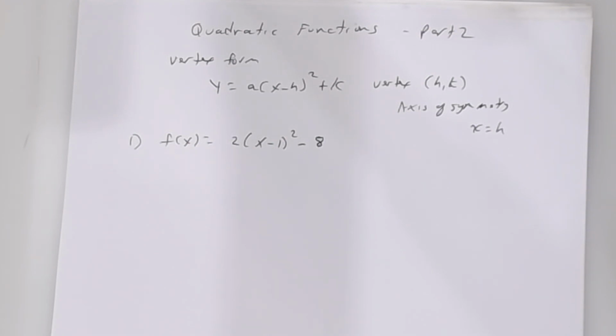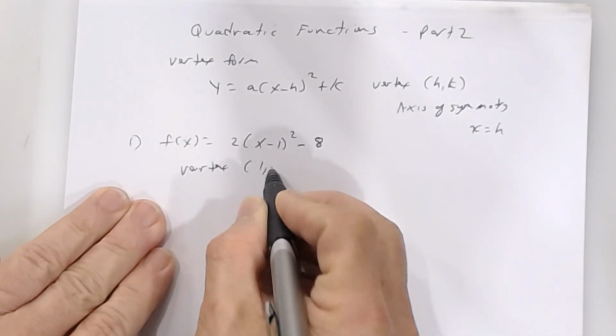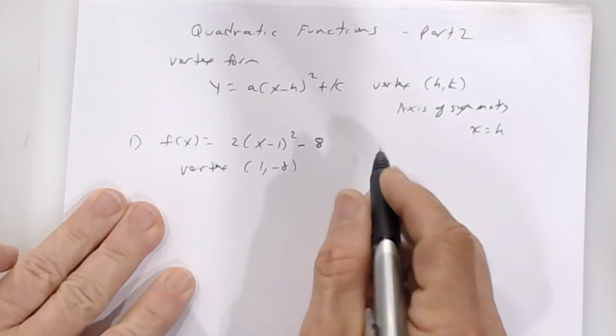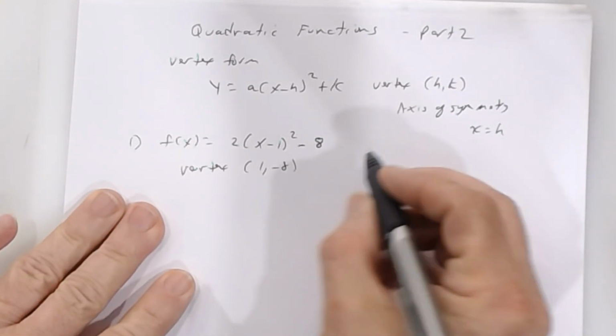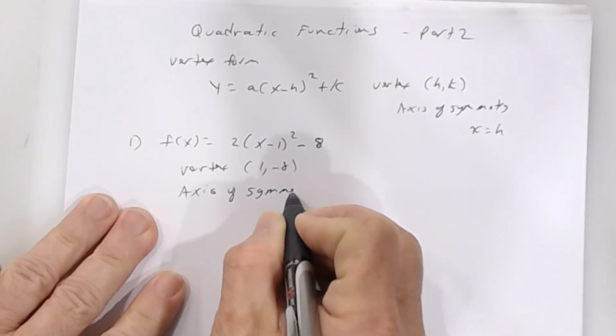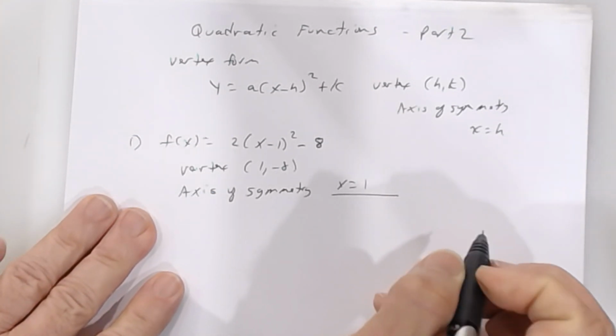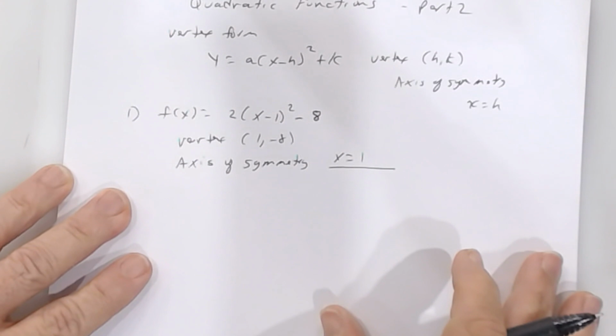1, negative 8. Because remember, it's got to be in the form x minus h. So if this was x plus 1, you would say, what is the vertex? Negative 1, negative 8. All right, so the vertex is 1, negative 8. Once you find the vertex, you can determine the axis of symmetry. The axis of symmetry is x equals 1. Don't just say 1, you got to say x equals 1, because the axis of symmetry is